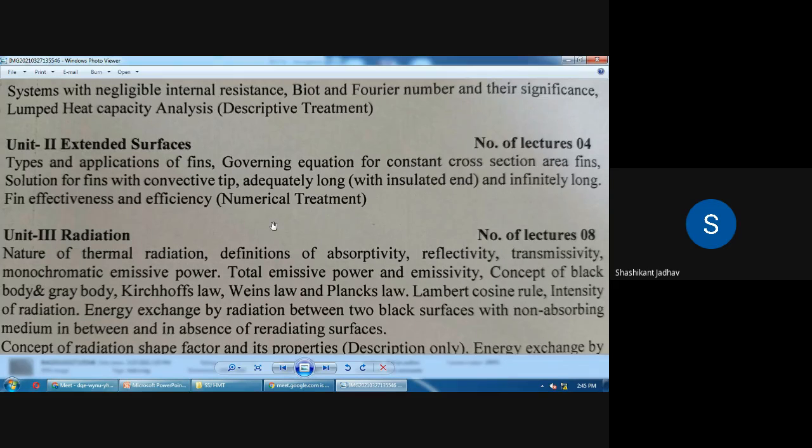Small capacity compressors are there. Transformers of electronic equipments are there. Then electrical motor bodies. So these are the applications where we have to use the extended surfaces, and because of that, maximum heat dissipation into the surrounding takes place, and because of that the life of that particular component will increase.